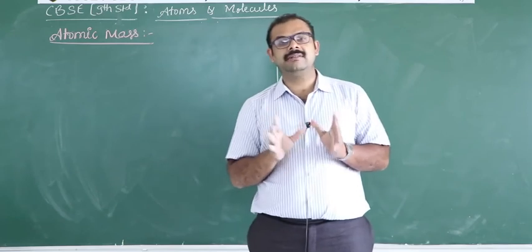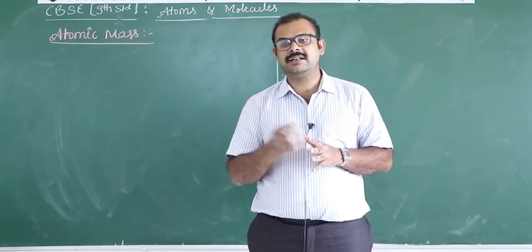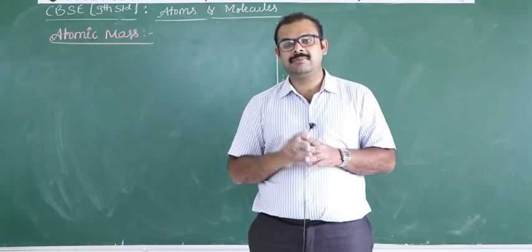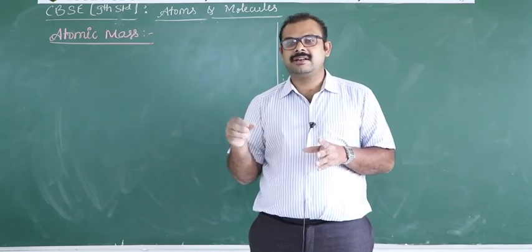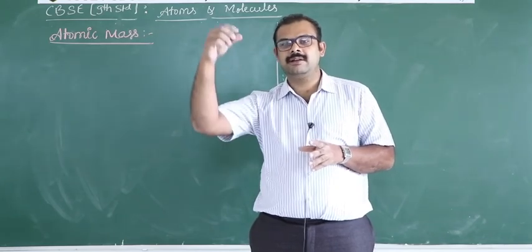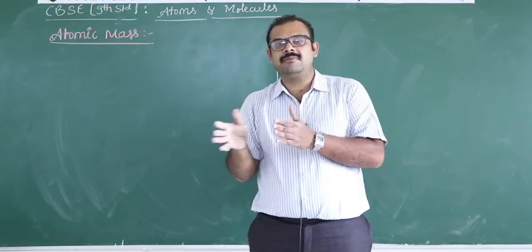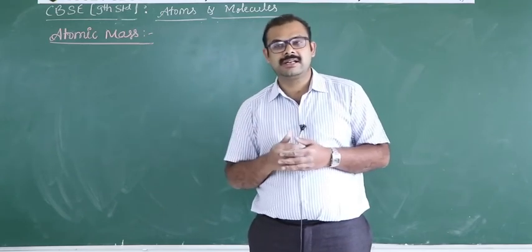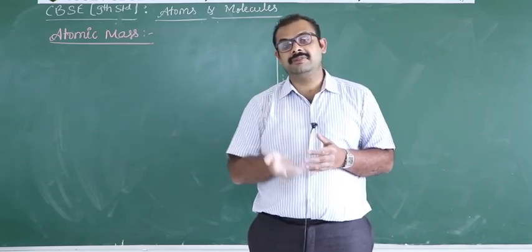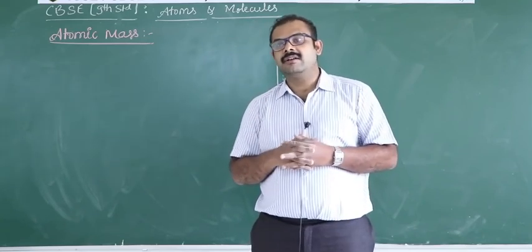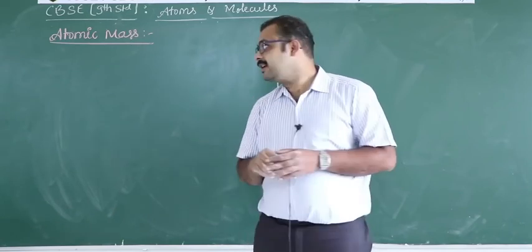The oxygen element combined with most of the elements and gives mass as a whole number. It was an interesting thing, because if the masses were in fractions or decimals, it would be very difficult to calculate. But as in most cases it gives whole mass, so they chose this. Another thing is that oxygen combines with many of the elements. So these are the 2 reasons they gave why they chose oxygen for calculating atomic mass.